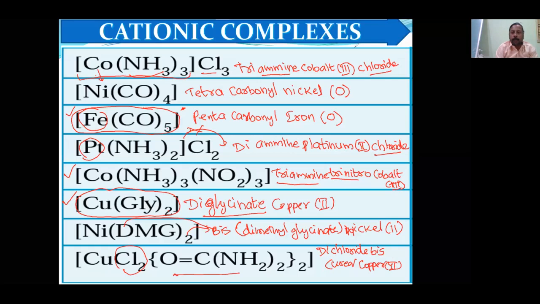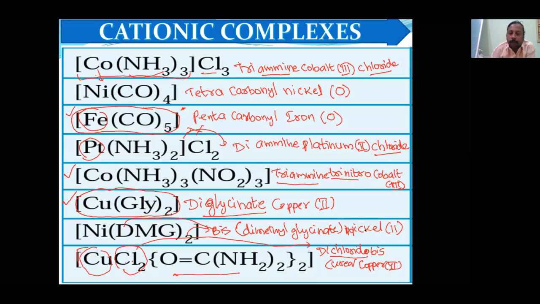Now you yourself mark where you felt it went wrong and where you made the mistake. Those mistakes you should learn from. Okay. Here this one again I am telling you, whether the square bracket is on the left side or right side will affect the name of the metal, not the ligand. Okay. This chlorine is inside the square bracket, therefore it is a ligand, therefore it should be chlorido. If this chlorine is outside the square bracket, then chloride. Okay, and that time you should not write the number. Okay, so again I am writing it on the plain board now, then you will understand the differences.